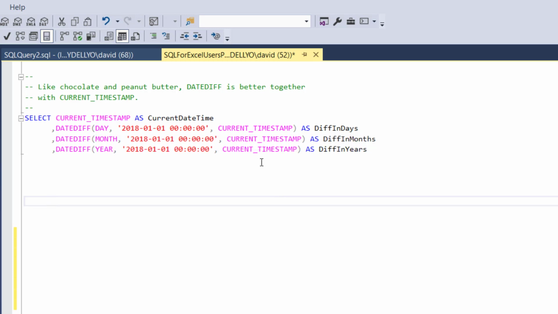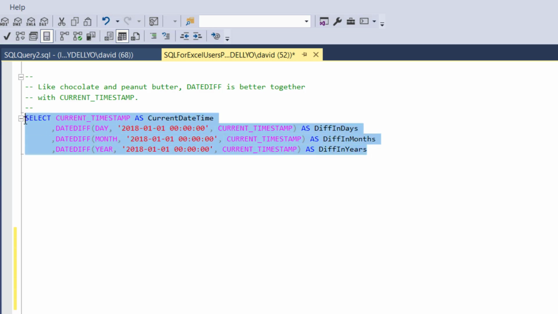Okay, excellent. Now, DATEDIFF and current timestamp together are like chocolate and peanut butter. They are better together because what they allow you to do is calculate elapsed time. So you can see here, I'm doing the same thing, basically day, month, and year, but I'm keeping the beginning date the same, January 1st, 2018 at midnight. And then I'm saying, look, what is the DATEDIFF between this date and the current timestamp as measured in days? And what this is going to tell me is the elapsed number of days from January 1st, 2018 at midnight and the current timestamp on my computer, on my laptop. So if I run that,